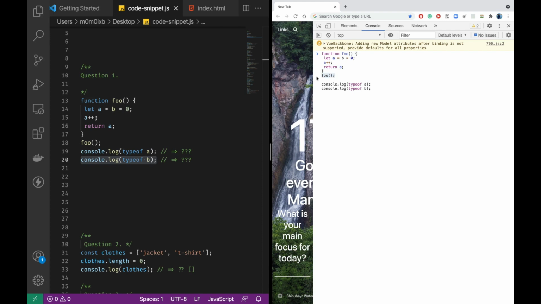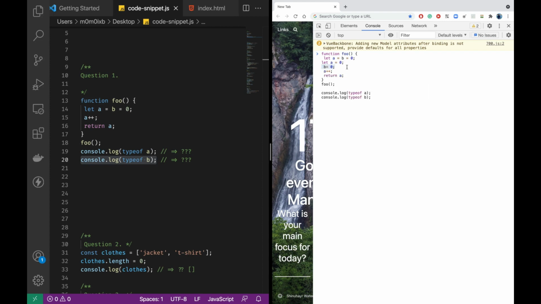Now when we call this function, a will get created inside the scope of foo, and b will also get created. But since we are assigning 0 to b without using let, var or const to declare it, it is as good as writing a is equal to 0 and then b is equal to 0.